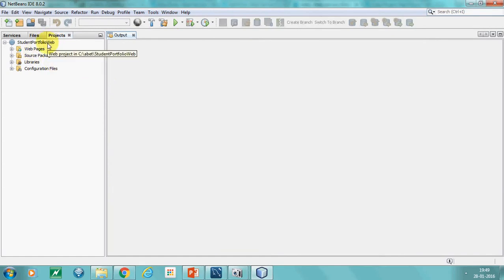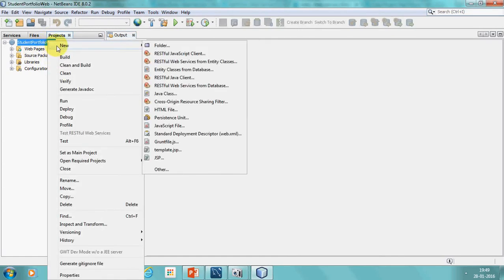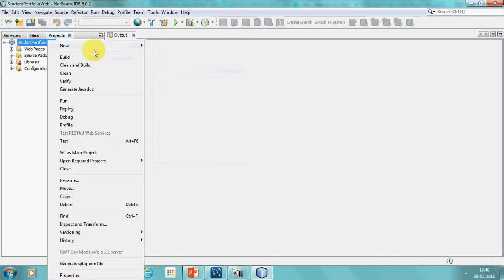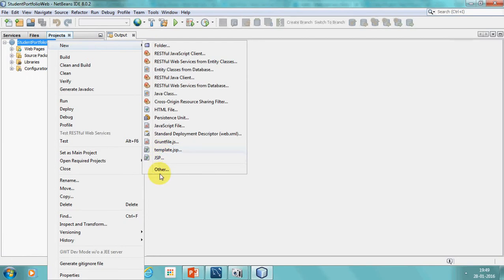Once it is ready, now you right click upon it and you say new, and you are going to create entity classes from database first of all. So your database tables will build these entity classes from the database tables. So if your database table is student, you will have an entity class, Java class, student.java created in your web application. So we are going to select all those database entities from which we want to create the entity Java classes. So when you go to new, you can go to other.